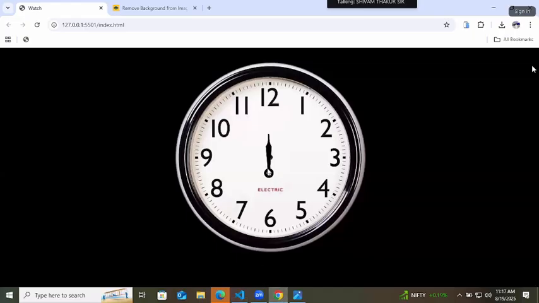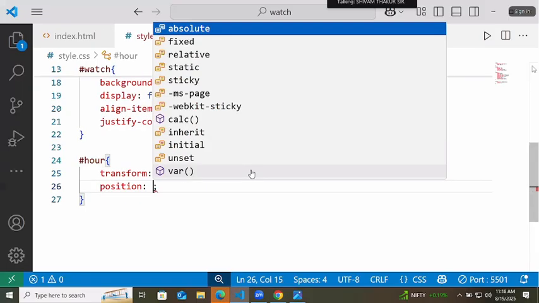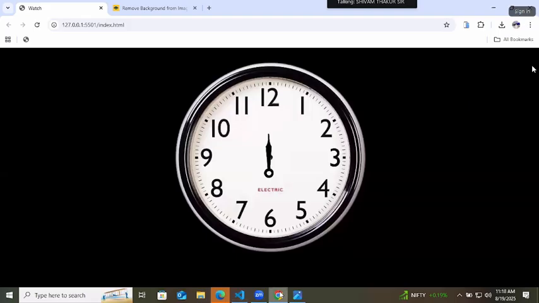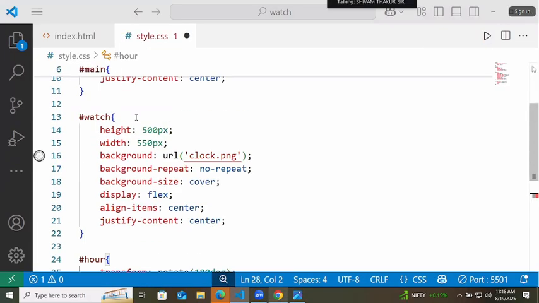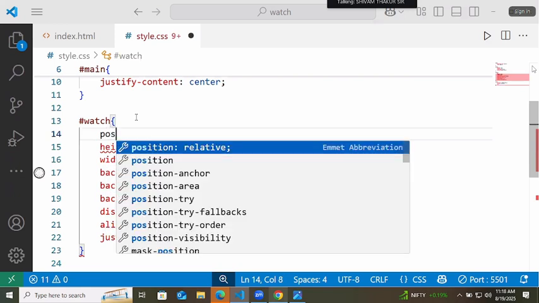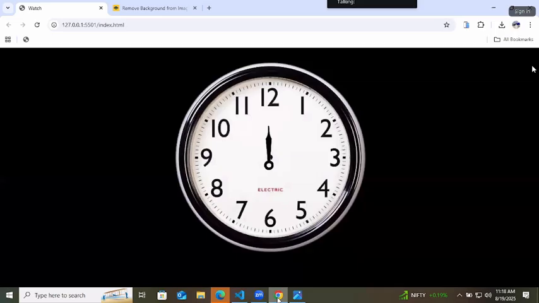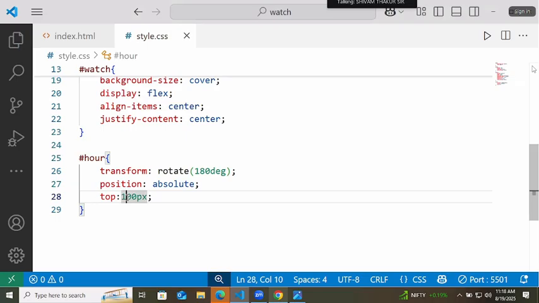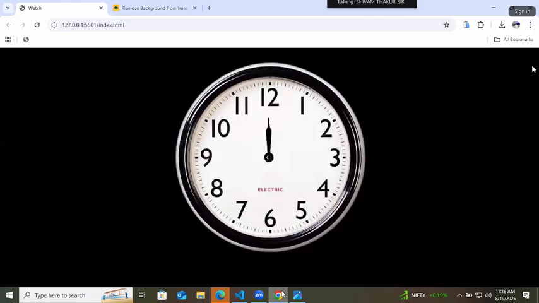Now just adjust it. This particular thing should be adjusted at the center. So to this, I will give position as absolute. After giving absolute, try to adjust it from top. Its parent should have position as relative. From top 100 pixel, we'll just try. Okay, 80 pixel, adjusted.